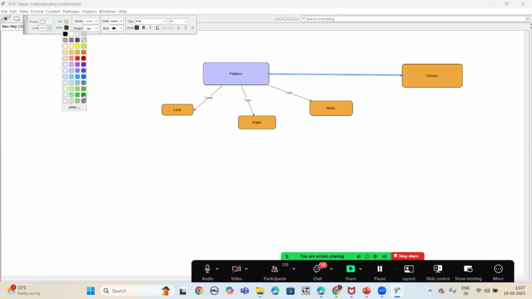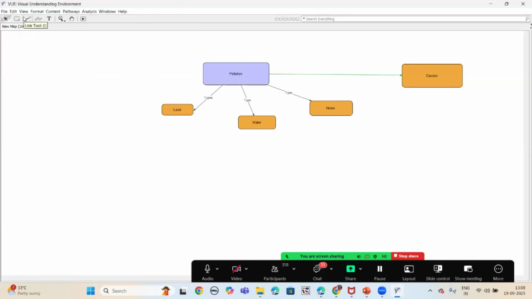For example, I'm just taking this green color. You can see the color of the line has been changed. And also you can change the stroke style of the lines. You can change the start and end style of these connecting lines. So there are many formatting options with the help of which you can make your concept map more beautiful and more attractive.